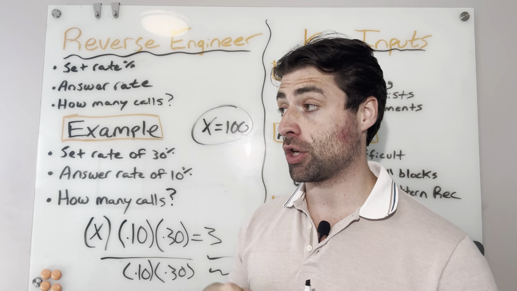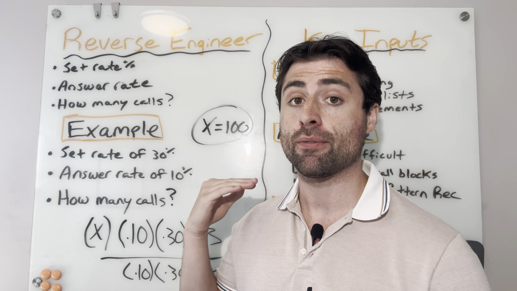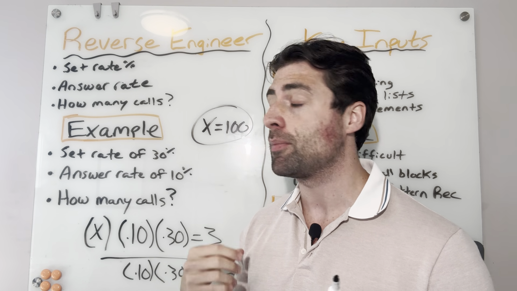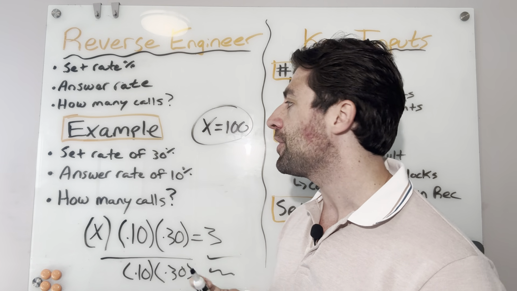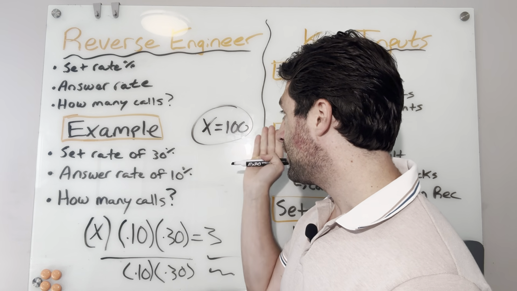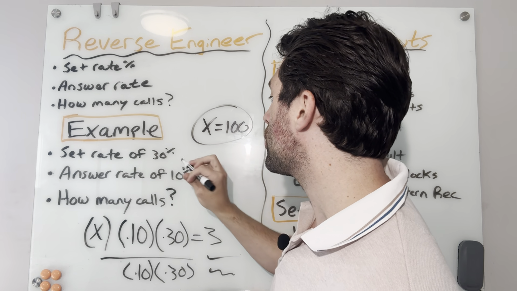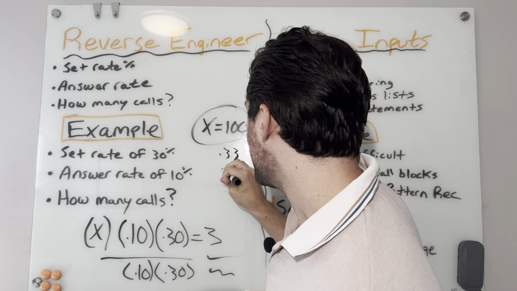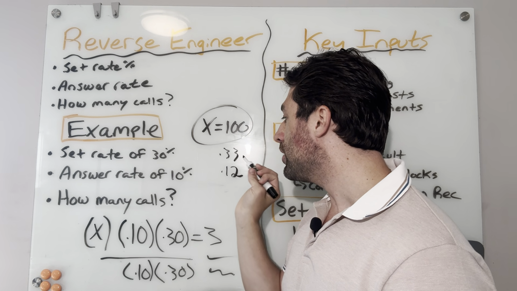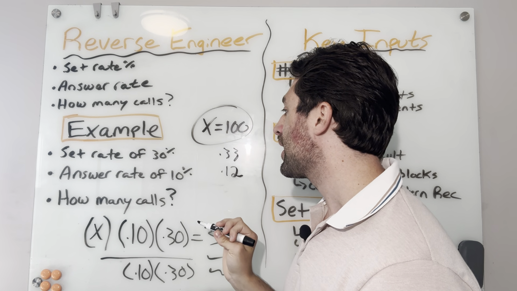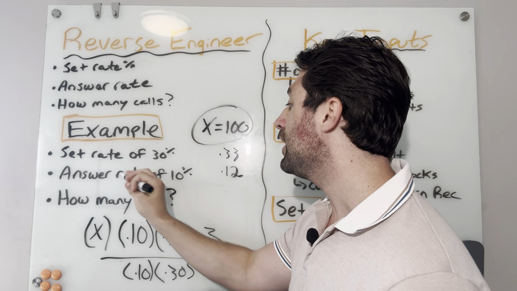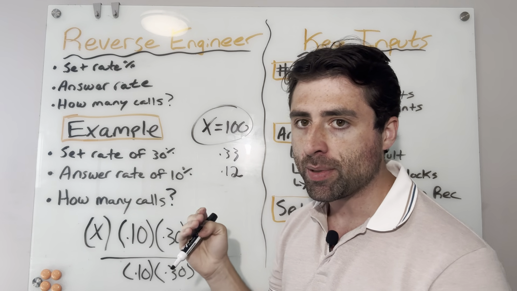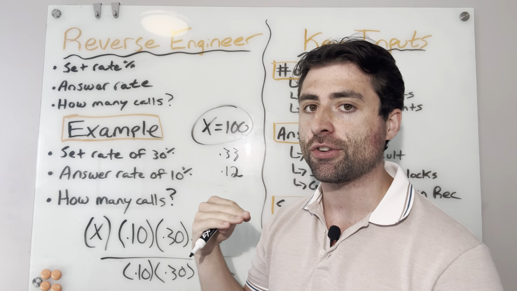So now let's say you got good, you're booking 3 meetings a day and you want to go to booking 4 meetings a day. That might not sound like a lot, but that is a 33% increase in the number of meetings that you're booking. Again, I already did the math ahead of this, but keeping the number of calls the same, let's say you keep it at 100, you would only need to increase your set rate from 30% to 33% and your answer rate to 12%. Again, you literally would not even notice that difference unless you were checking it. You're increasing your set rate by 10% and your answer rate by 20%, but I'm making 100 calls, the difference between 10 and 12 people answering, you're not even gonna realize that difference unless you actually track it.